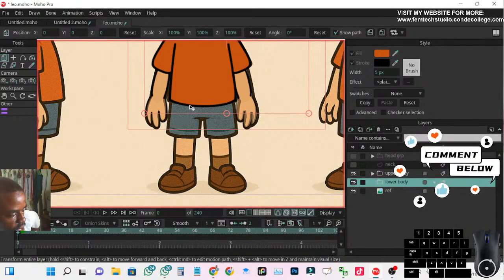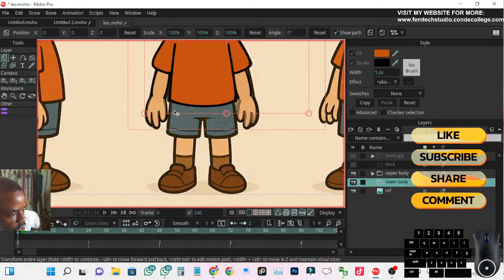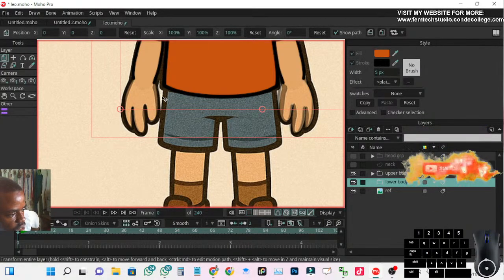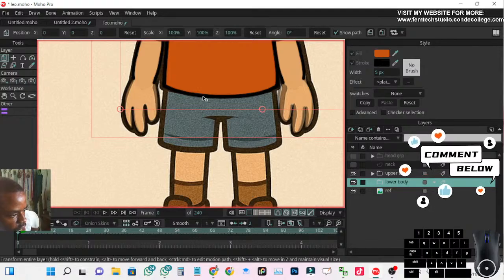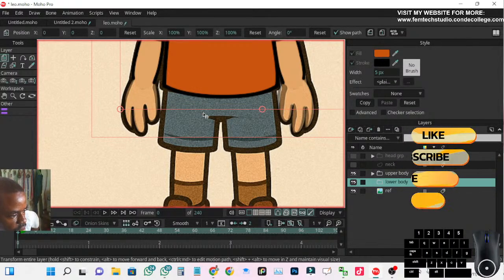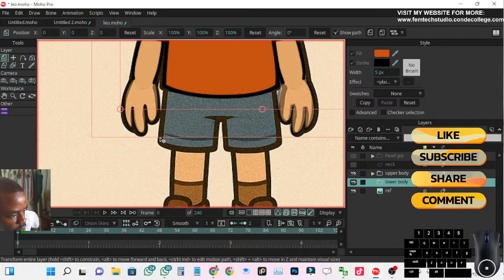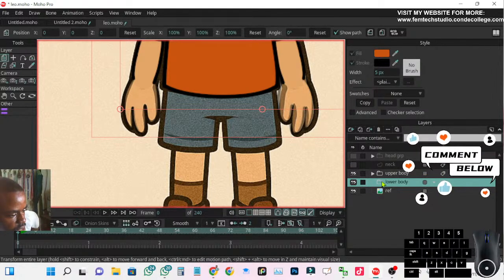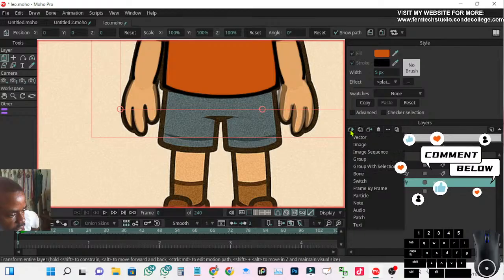Now we need to draw the pant. The way we can do this for the pant is we are going to draw it in two different sections. We have one which will not be moved, which will be stationary, while the other one is more or less like working with the leg. So let's do that. So here, select vector,